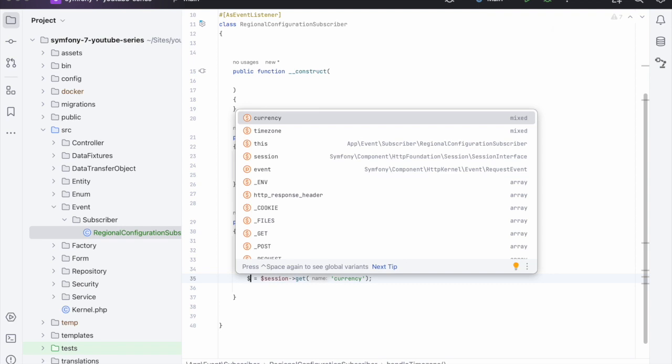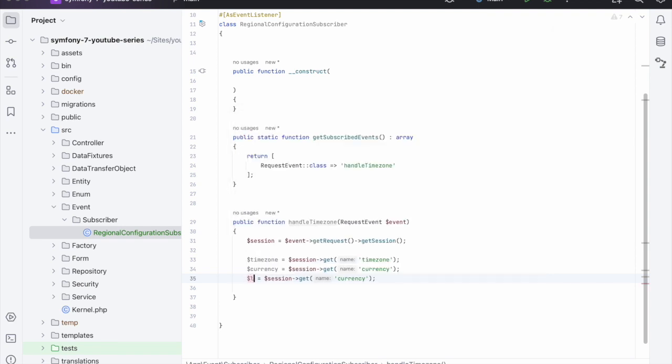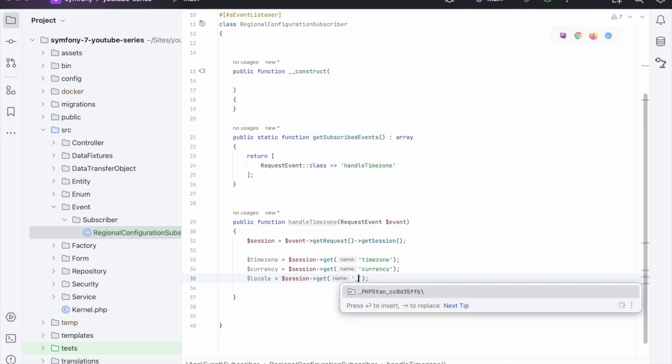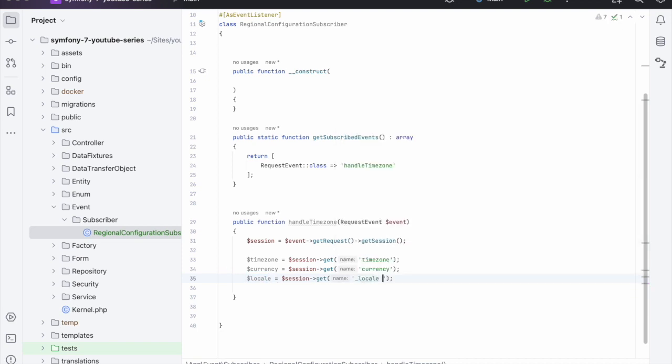and what else do we need? Let's say locale. Now for this one we can use the default, which will be the underscore locale, and that's just the Symfony defined parameter. So now we know that this will be returning void, and